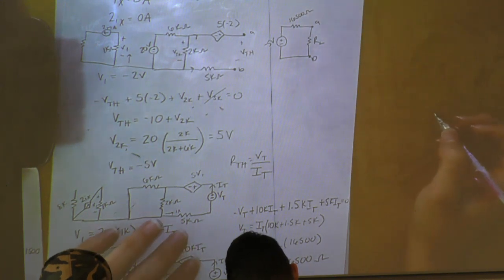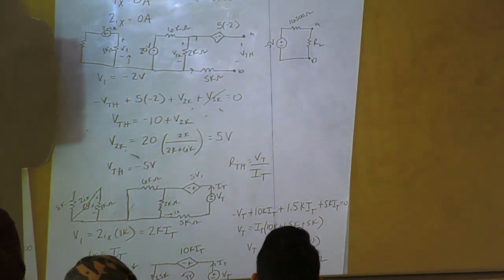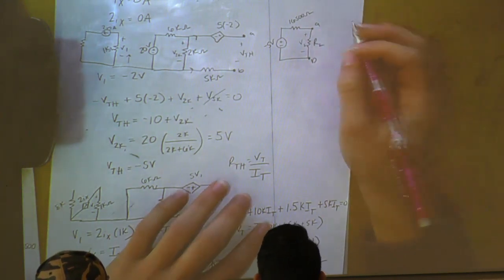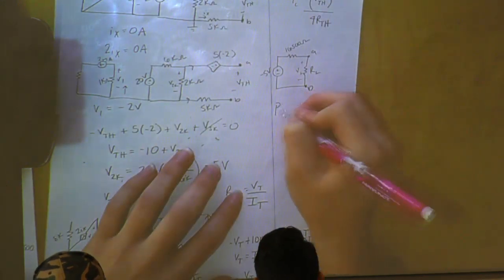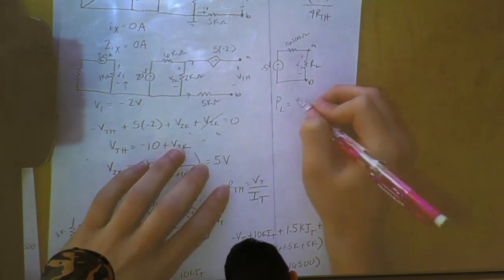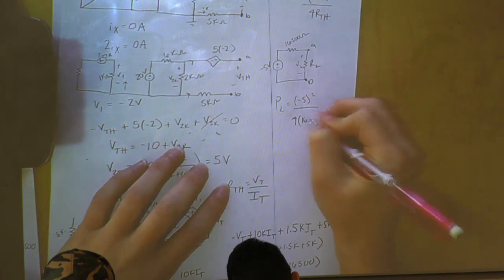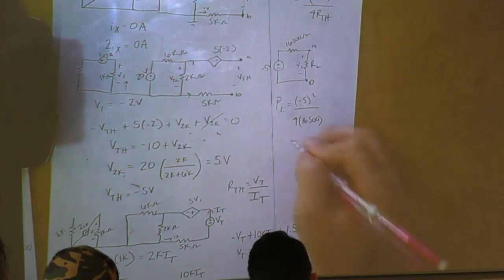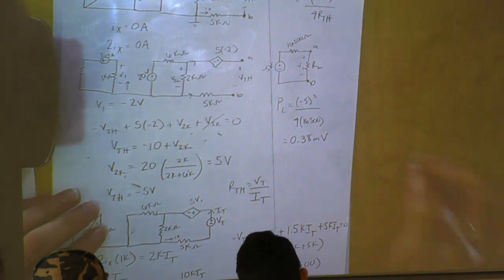So the shortcut, does anyone have a problem with the shortcut equation? Or do you want me to do it the other way, where this is our VL squared over RL? Okay. This is the derived shortcut. So our VTH is going to be negative 5 squared all over 4 times our RTH. Should come out to,